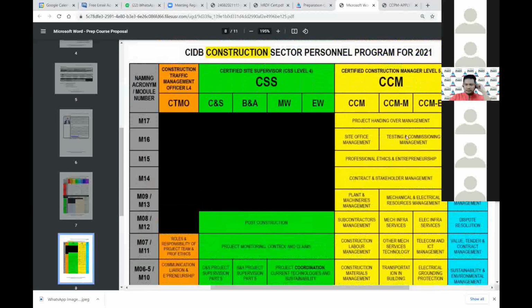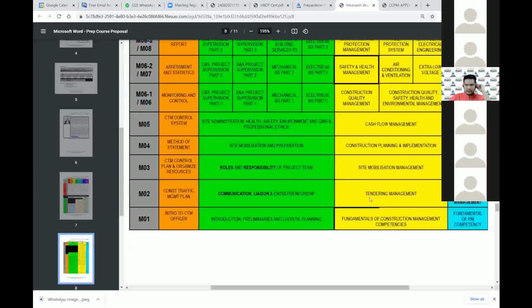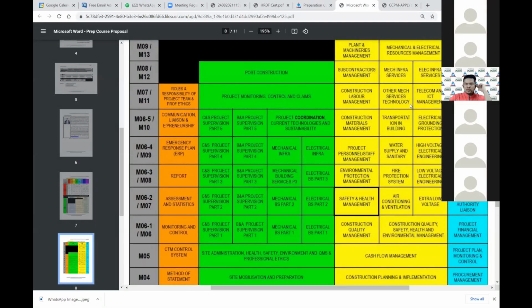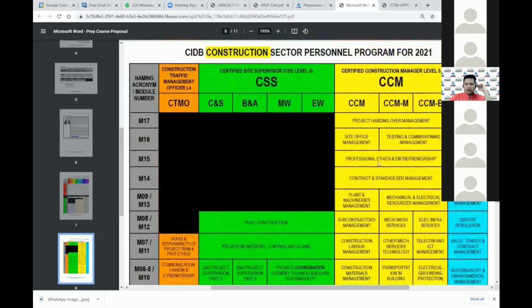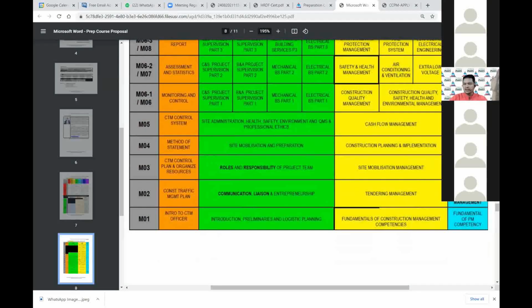Okay, CCM, same, how to read. You can read from the bottom here. Fundamental of construction project management, and so on, up to here, this is a common module for CCM, and we have split modules going up. Common module for CCM, then common module for all, and joining up to here, then you become CCM. CCM is also the same thing. You can download this on our website. We have shared generously here.